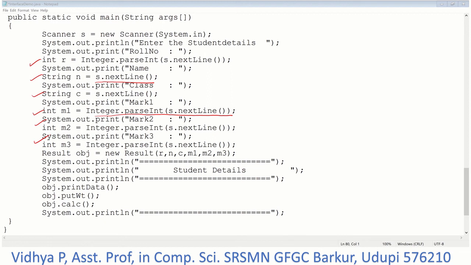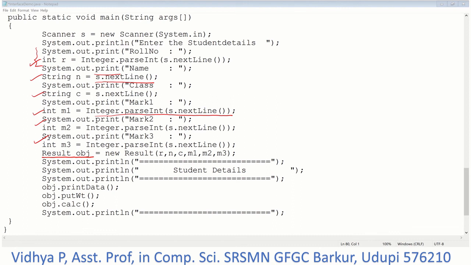Please note here, for every read statement I have a corresponding display statement, that is System.out.println, to read the proper input. I am using a print statement to get a formatted output on the screen.